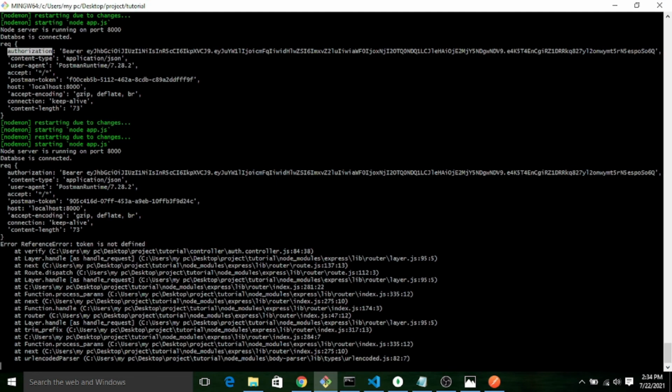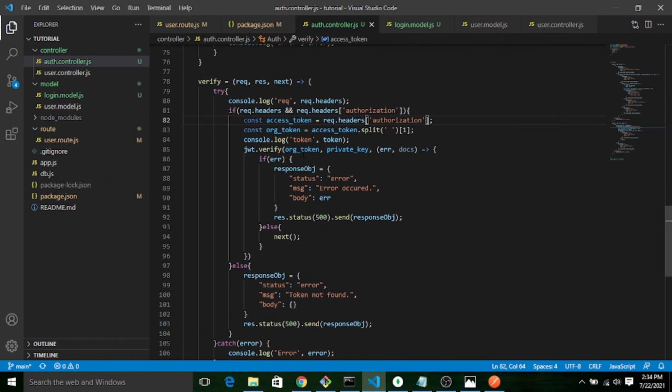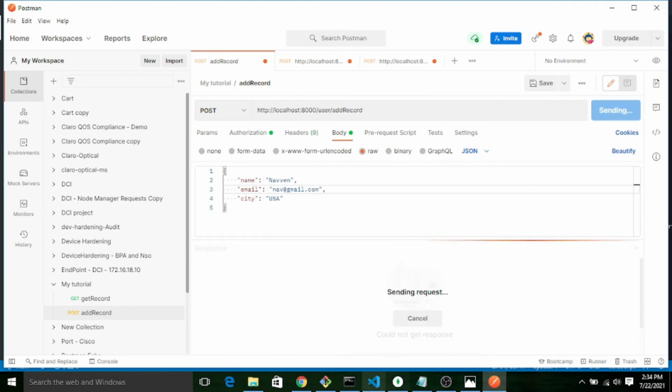So again there is some error. Token is not defined. Let me go to code. Oh sorry, this is original token. So let me run again.